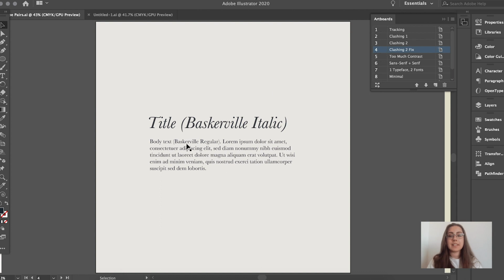So here you can see that we've got Baskerville Italic as the title and Baskerville Regular for the body type. And this just helps to create a little bit of distinction and maintain that cohesion. But like I said earlier, it is about balance, and whilst you want to find contrast, you don't want to